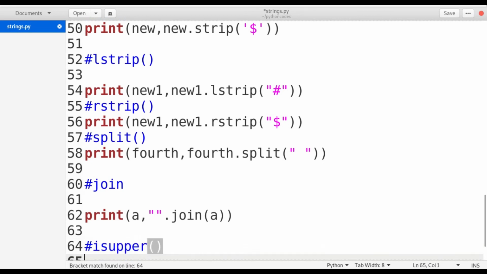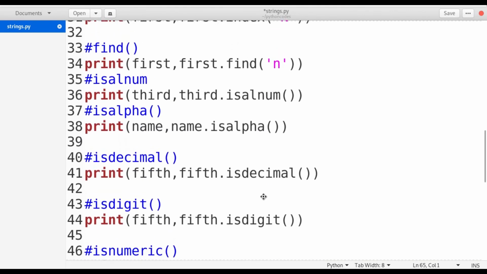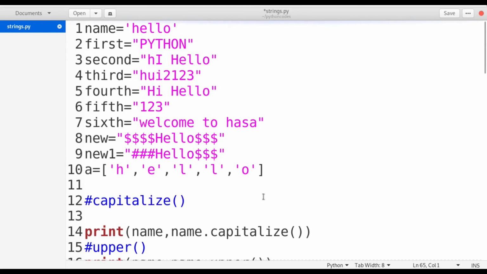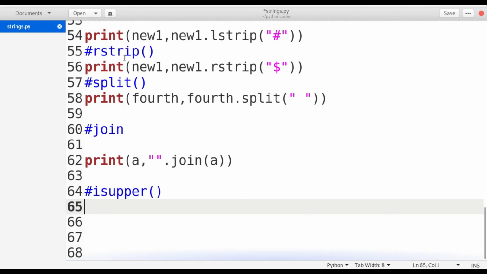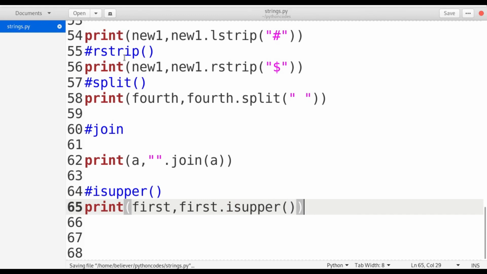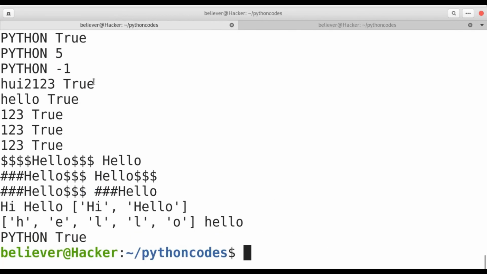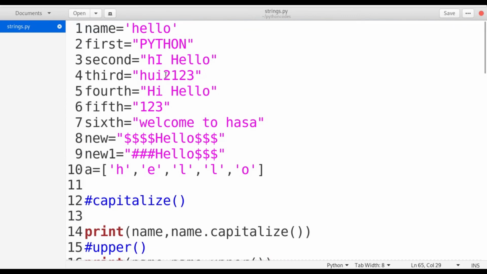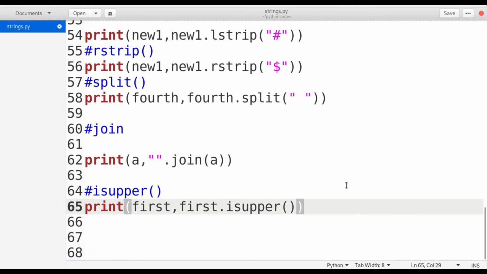The next one is is upper. In this one, I need to check whether it is upper or not. So I'm going to use print of first comma first dot is upper. I'm checking whether the string is in the form of uppercase or not. If you see here, I got the output true because the string is in uppercase.